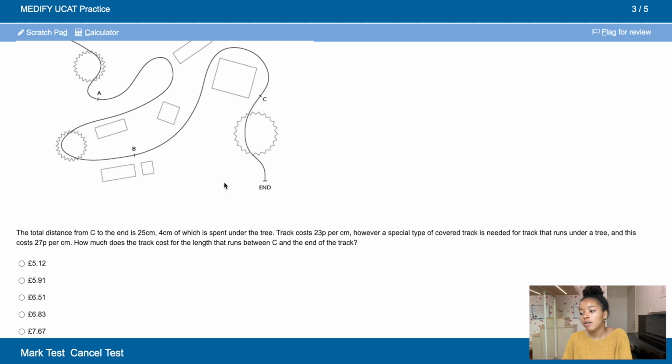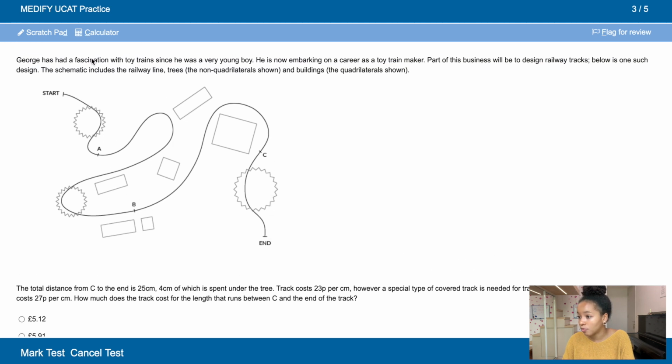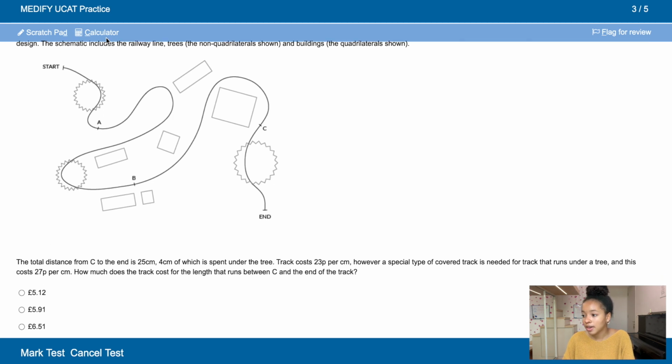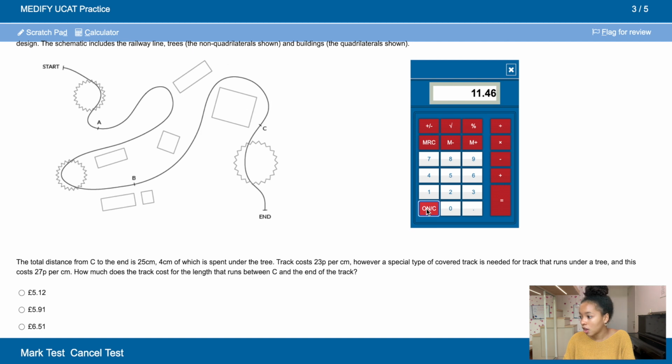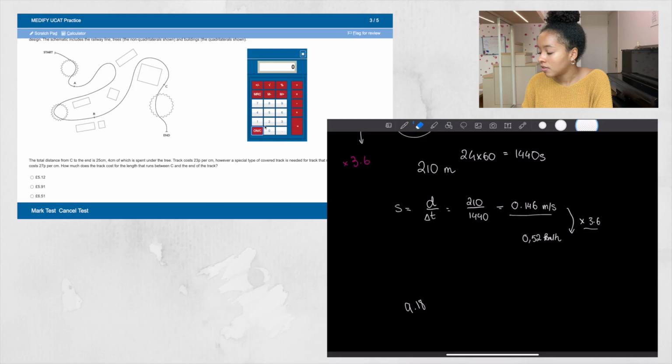So to figure out how much this part of the track costs to what's his name, George, we have to use the calculator and figure out that we have 25 centimeters of track between C and the end, but 4 of these centimeters are spent under the tree. So we now have 21 centimeters that are regular tracks and 4 centimeters that are specialized tracks. Let's do this. Let's do 21 times 23. So that gives us